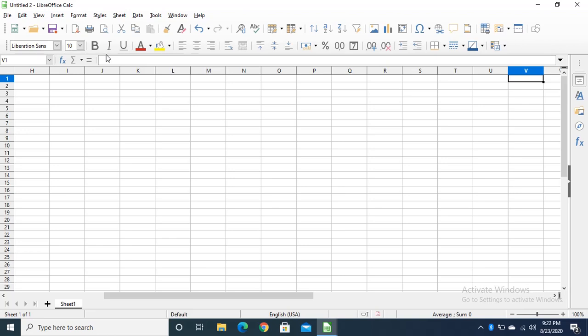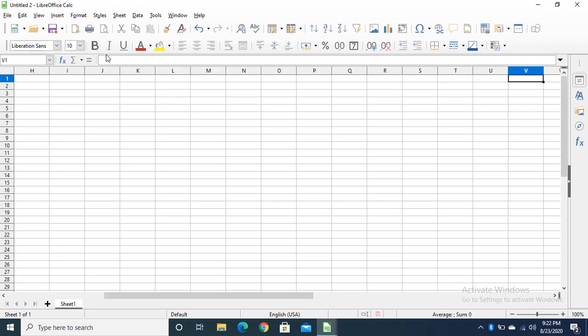Then we have Control and End, which will take us to the last cell, right? So these are the different options which we can use to move up, down, left and right.